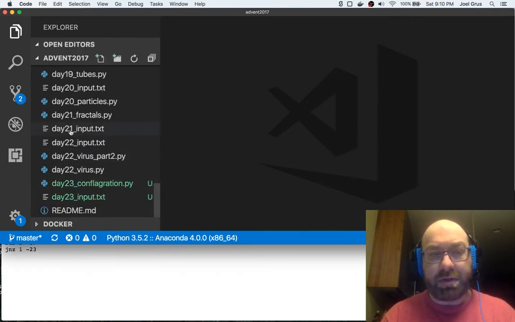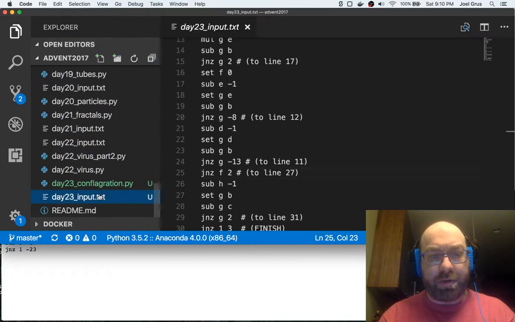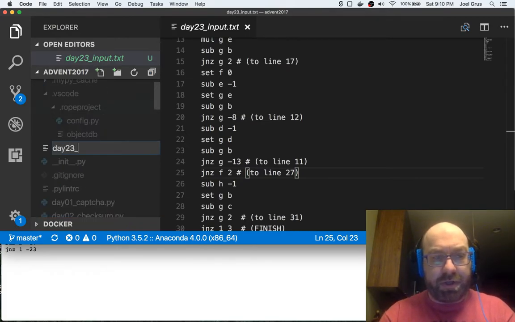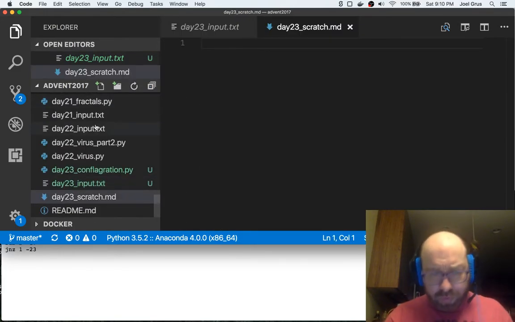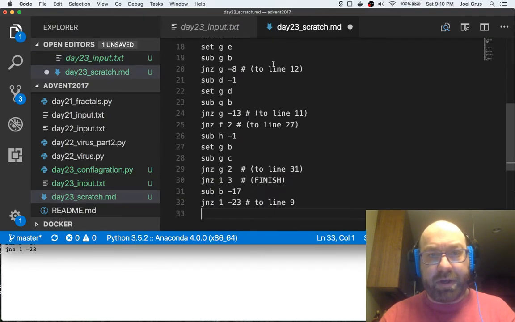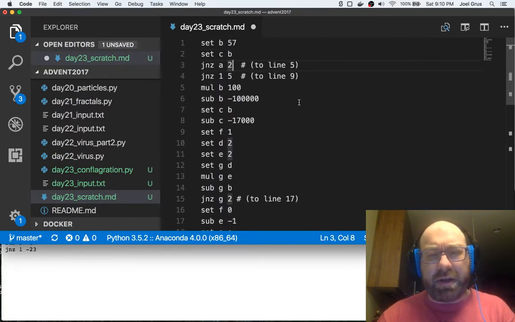And so this is what it said. So we are going to make our own thing, which is day 23. I'll just call this scratch. Okay, so what the hint I found online said was, and I went in and